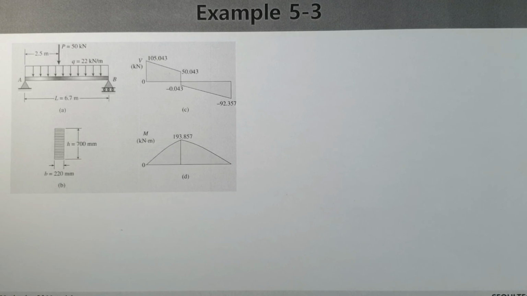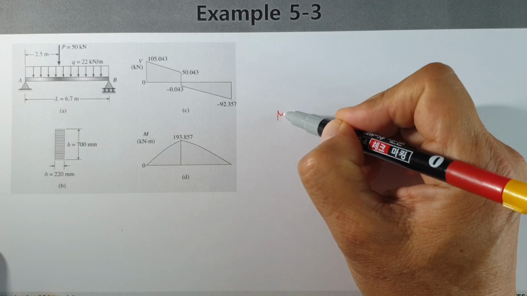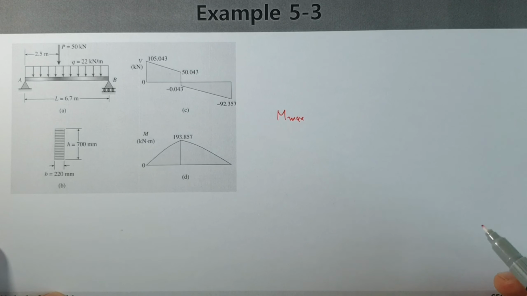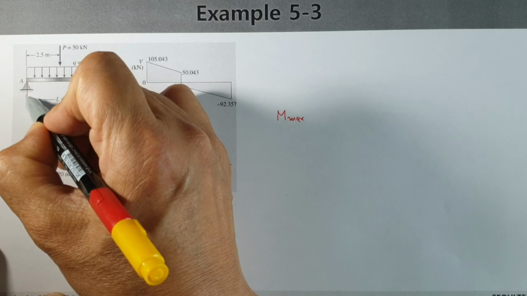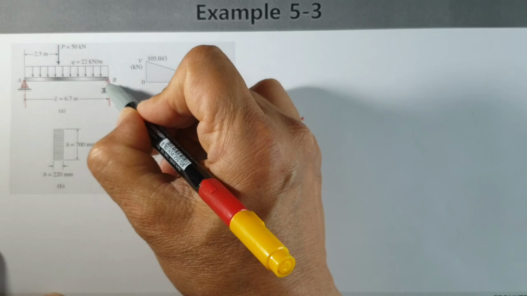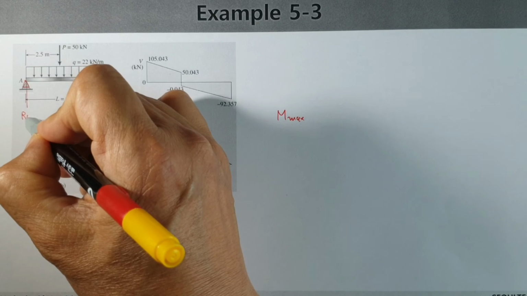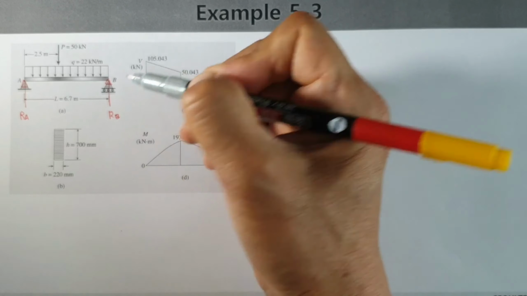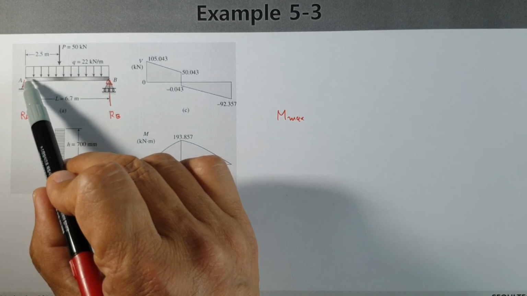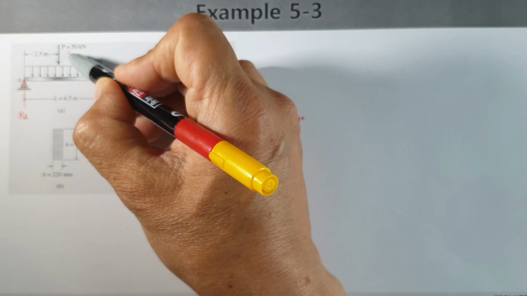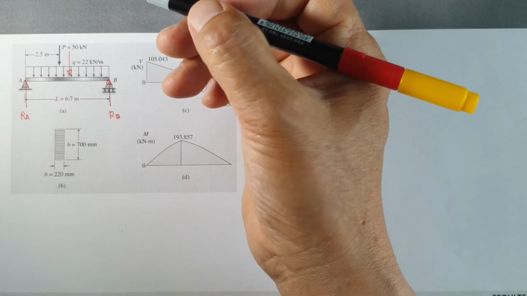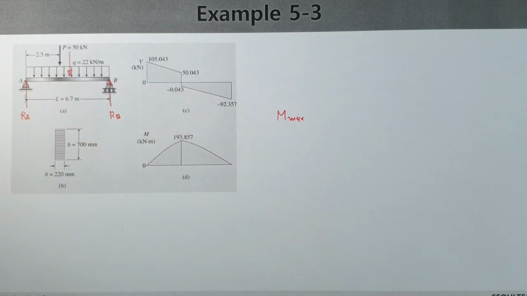Before doing that, we must find the maximum bending moment. In order to find the maximum bending moment, at first we must find RA and RB, the reaction forces at these points. Of course, this kind of distributed load is equivalent to a concentrated load located in the middle of the beam. Okay,